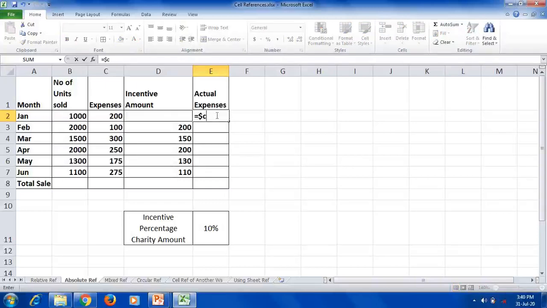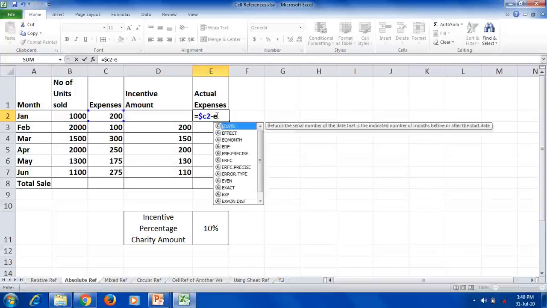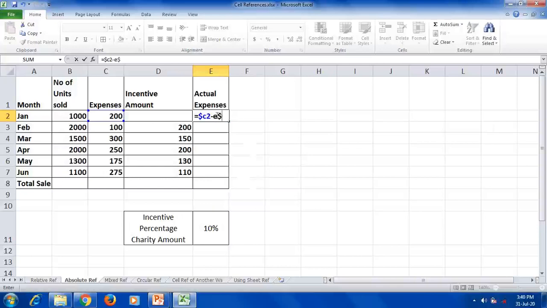Then in the second row we have the first value, so C2 minus, E column, again dollar sign, then 12. E12, here I will mention 100 rupees, so it automatically gets changed. Okay, that means 200 minus 100 is 100.